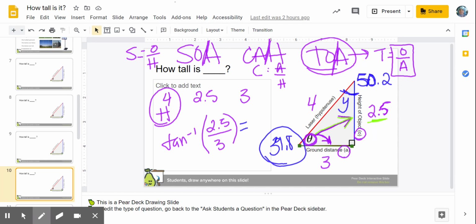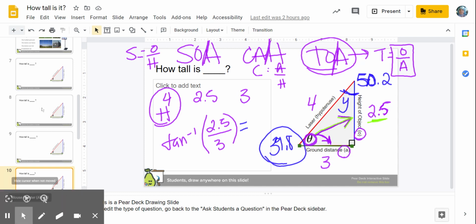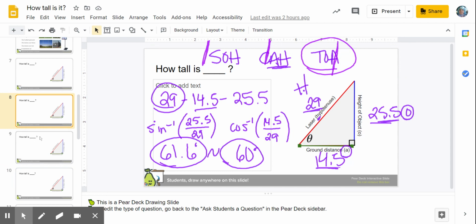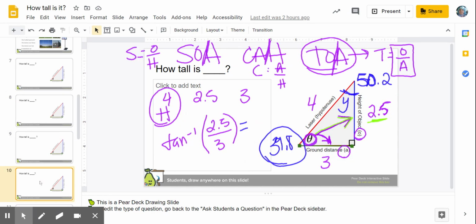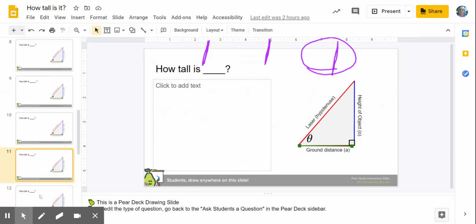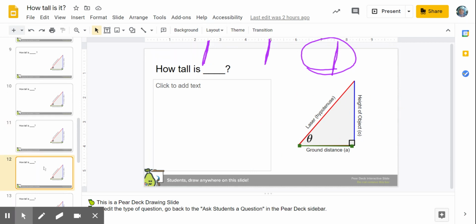The second thing I'm going to look for is 5 problems done on this set of slides. So I don't care which 5 problems you do, but if you don't have 5 problems done yet, you need to have 5 problems done. You don't have to submit the Pear Deck. So if you were doing it on Pear Deck, when I close the